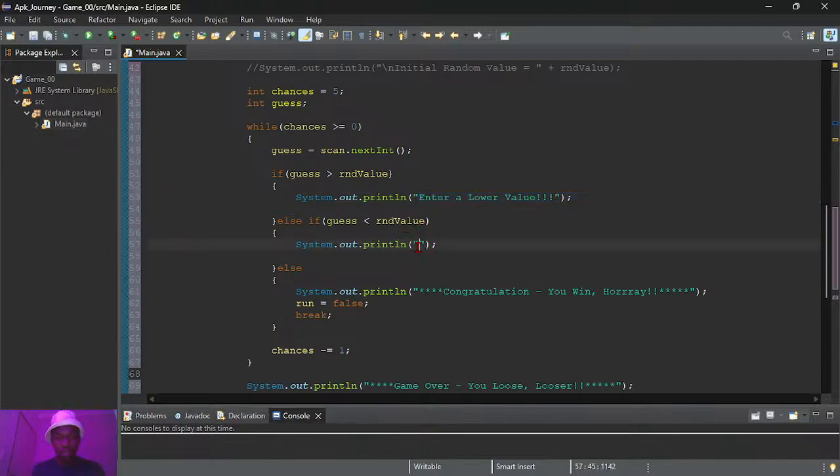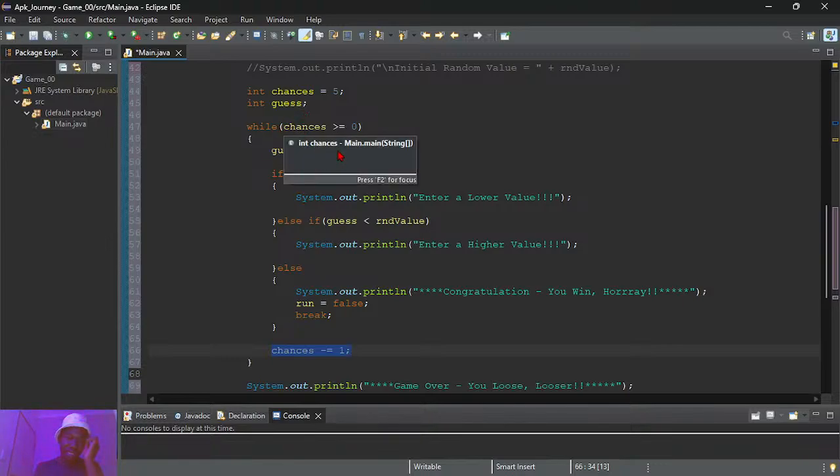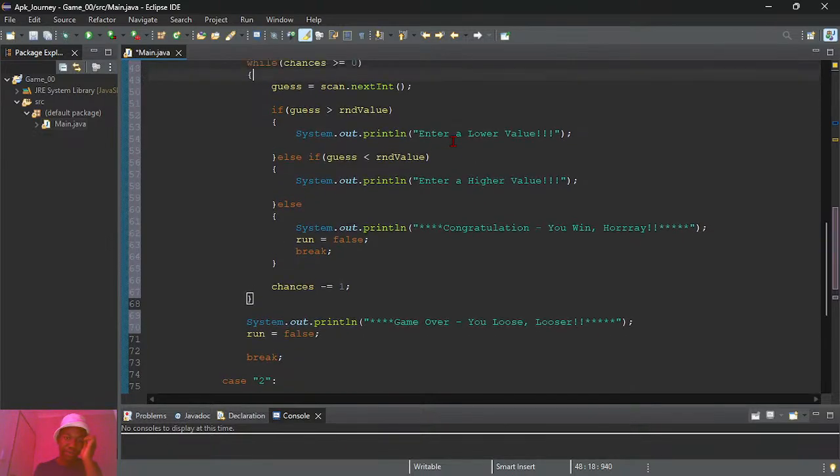So we're just going to paste here, and here it's going to be higher value. So if the guess is whatever, this is executed. After this has executed, the code won't come here. Instead, it will come to this part where it minuses the chances, and then starts again, the user inputs, and so on.